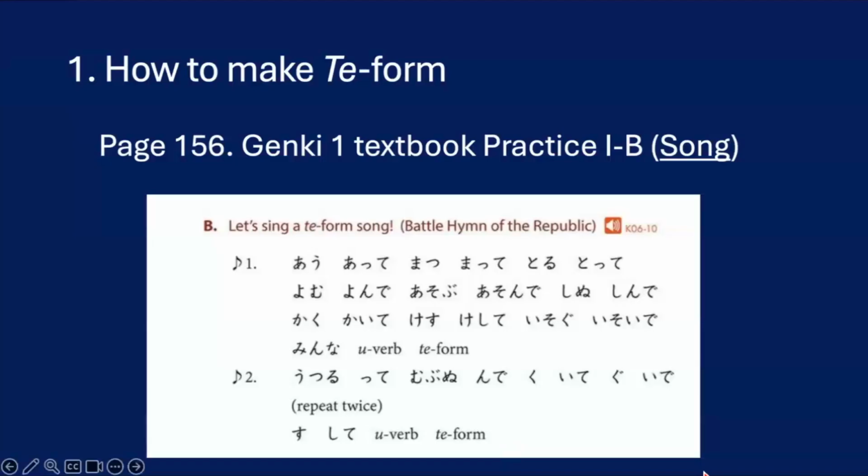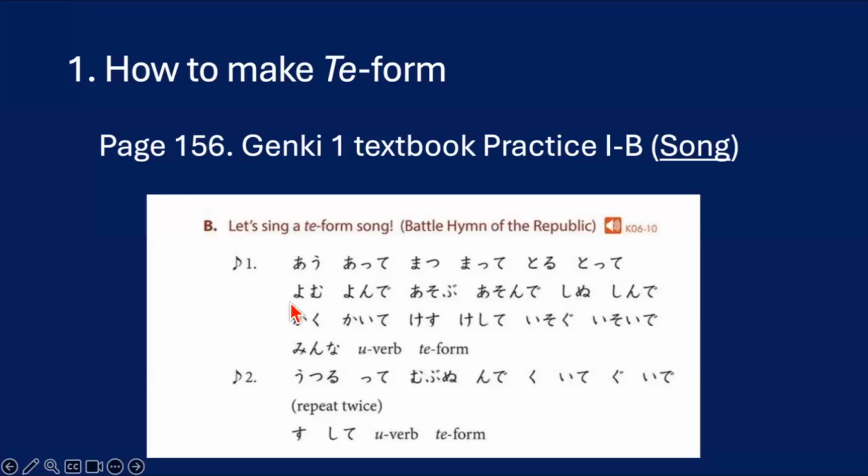B あうあってまつまってとるとって読む読んで遊ぶ遊んで死ぬ死んで書く書いて消す消して急ぐ急いでみんな奪ぶてフォームうつるってむぶぬんで食いてぐいでうつるってむぶぬんで食いてぐいでうつるってむぶぬんで食いてぐいですしてうばぶてフォーム